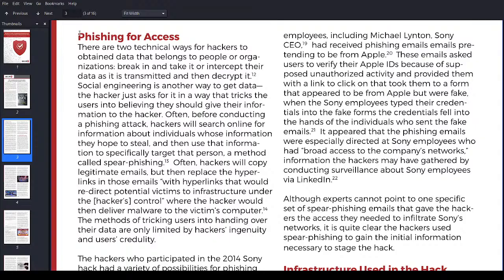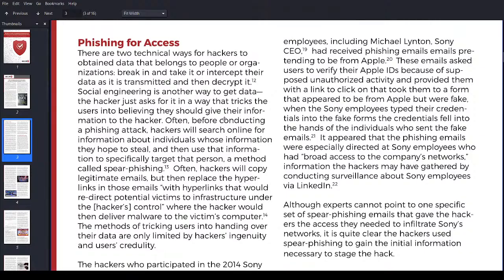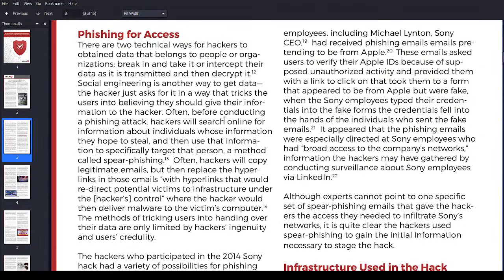So again, I'm not surprised, right? These hackers must have done a very thorough investigation of the employees who worked at Sony. They must have read everybody's title. Okay, this is the CEO. Okay, this is the director. Okay, this is an actor. Okay, this is the IT guy. Okay, this is this guy, this that. They must have gotten a very good picture of who works at this company, and then they slowly must have done a phishing campaign.